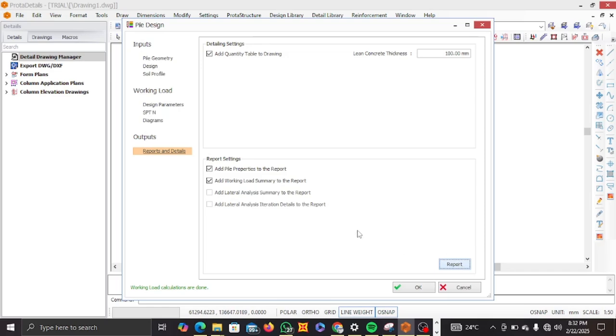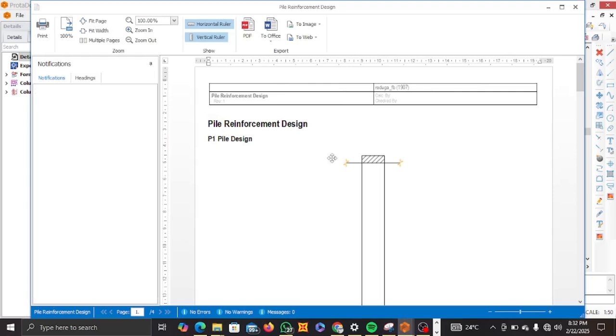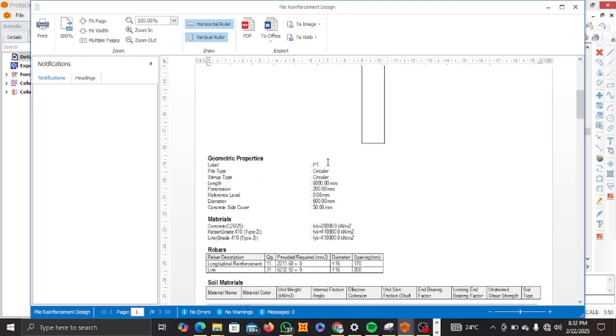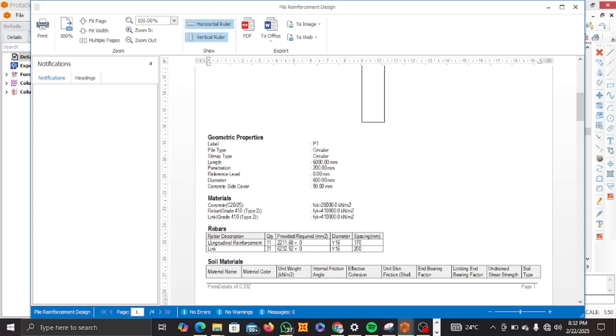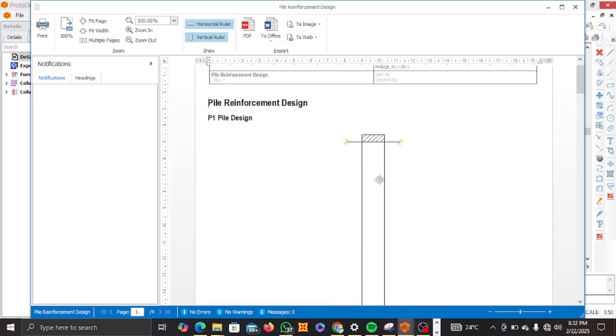Give it time. Once you click on report, give it time for it to load your report. Right, so this is the Prota report. So you can just scroll down to see what we did. So you can see the rebar. It provided 11Y16. Okay, once you see this, what this means is that from the load coming on this 600 diameter pile,